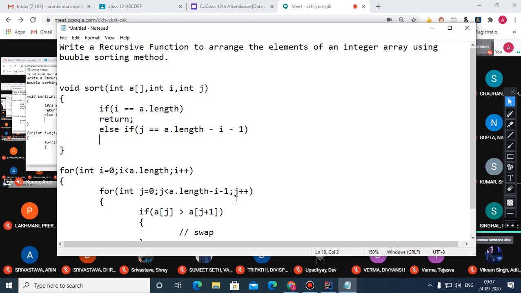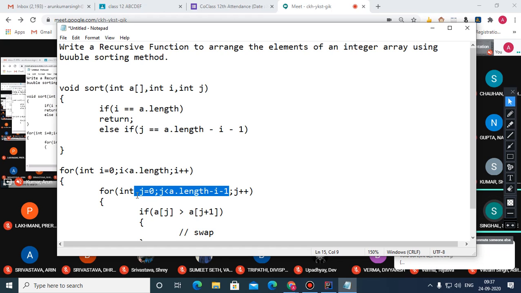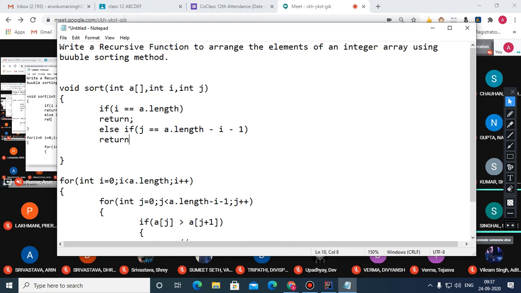And when this condition becomes true, then what happens? It simply means the j loop will terminate, i will get incremented, and the i loop will proceed.